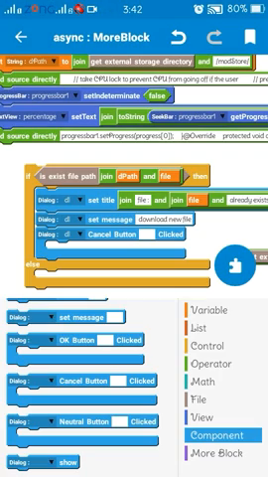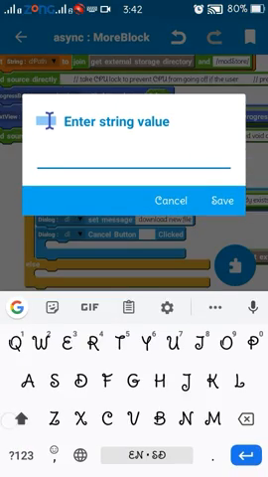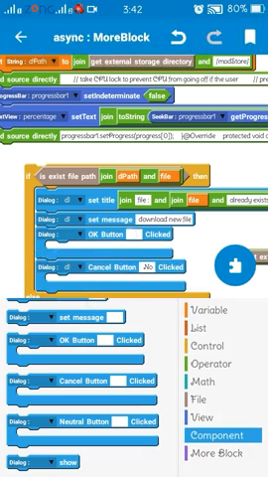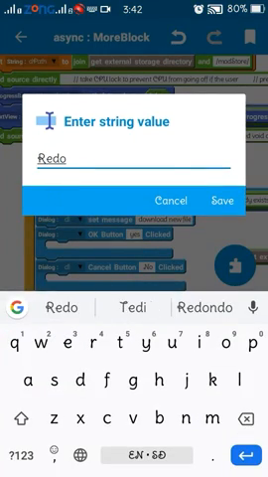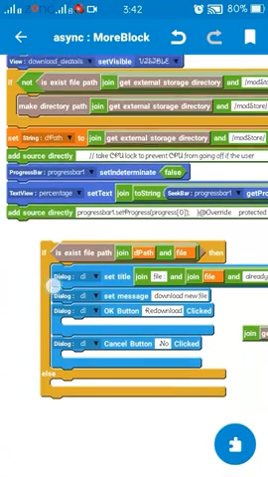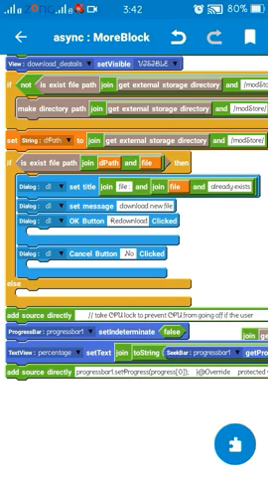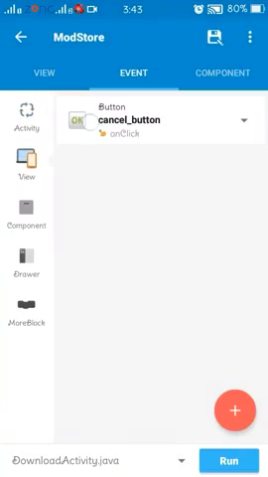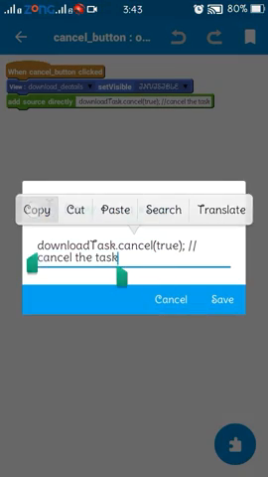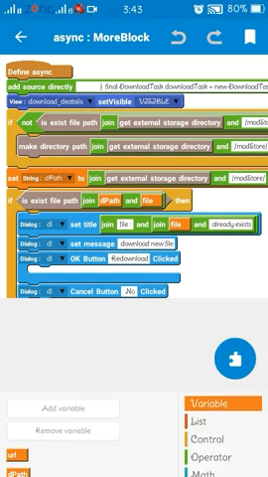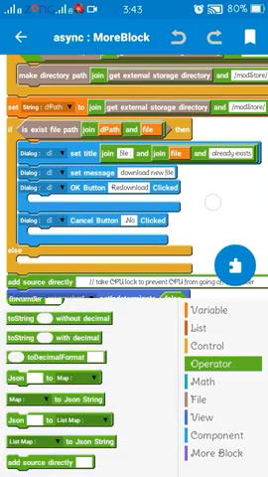Otherwise we are not replacing that file, we will create a new file. On the cancel button, the task will be cancelled.